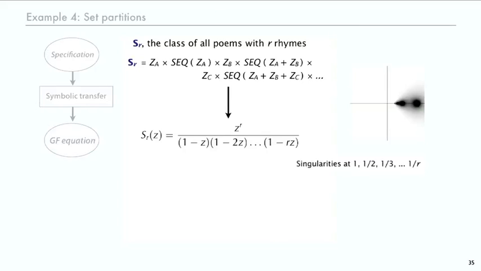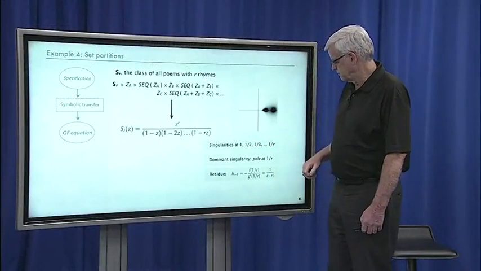1 over R is going to be closest to the origin. This is what it looks like. And actually, the one that's closest to the origin is a little one, but that's the one that matters. And so now we just again go through the procedure. 1 over R is the pole closest to the origin. So that's going to give us the exponential growth, which is going to be R to the n, inverse of that. And the residue is evaluate the